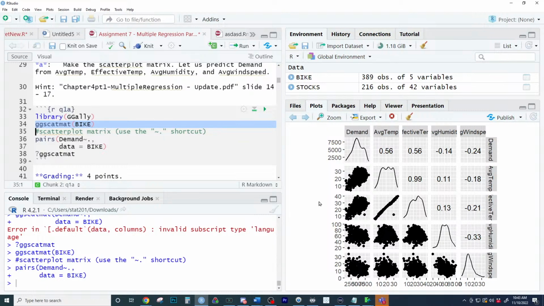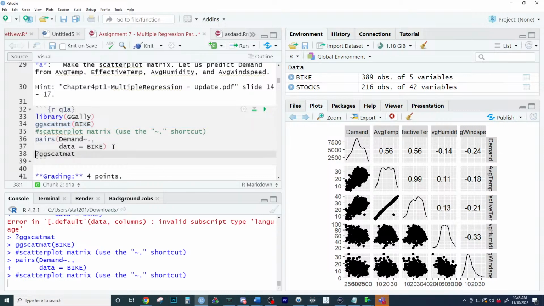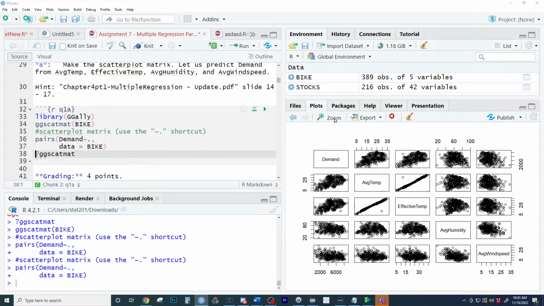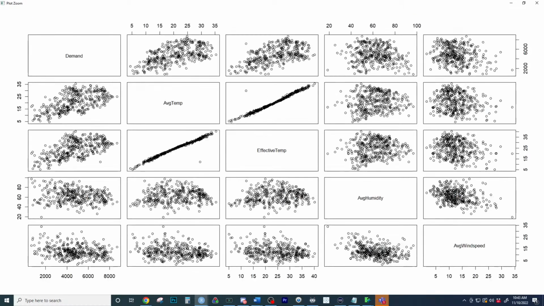But the pairs matrix is letting us see right here the pairwise combination of all the x's and the y's. Most importantly, you want to look at the relationship of your what variable with your what's. That's why this one actually has an advantage right here. You want to look at, does the dot denote all the x's? 1,000 points right there, Zoe. That is correct. Y tilde twiddle dot stands for y by all the x's. Correct. Good answers right there in the chat. The dot denotes the y's with all the x's. And there's your y variable of interest, demand.